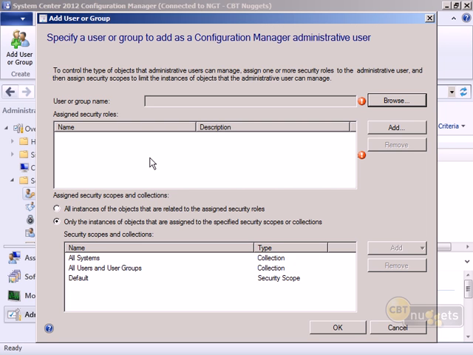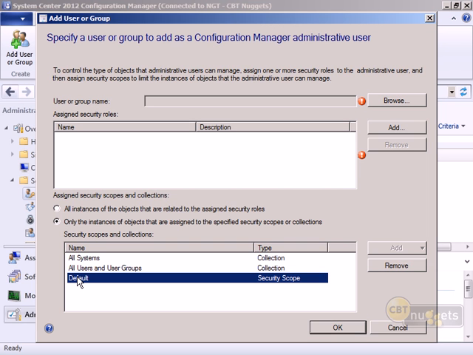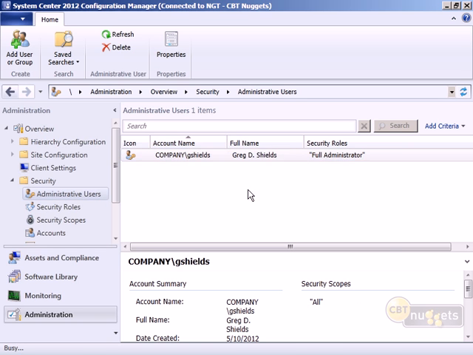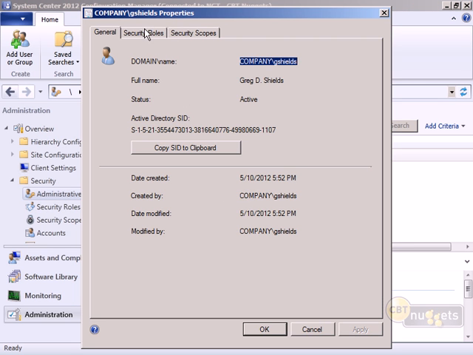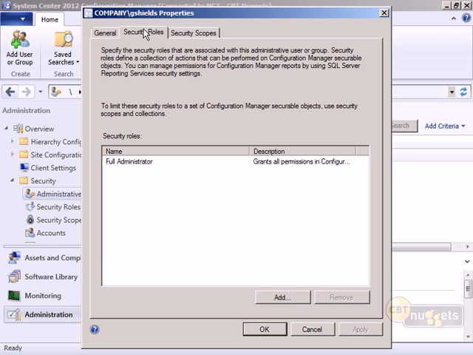And then from there, once I've identified who this person is, I can further scope them down based off of existing security scopes and collections that are in the environment. By default, there's one security scope, there's actually two, that come right out of the box. One is default, the other is everything. And there are two collections available out of the box, all systems and user groups. So instead of creating a new user here, let's just work with my user account, because you can take a look. Well, on my user account, the user account is where you do almost all of the